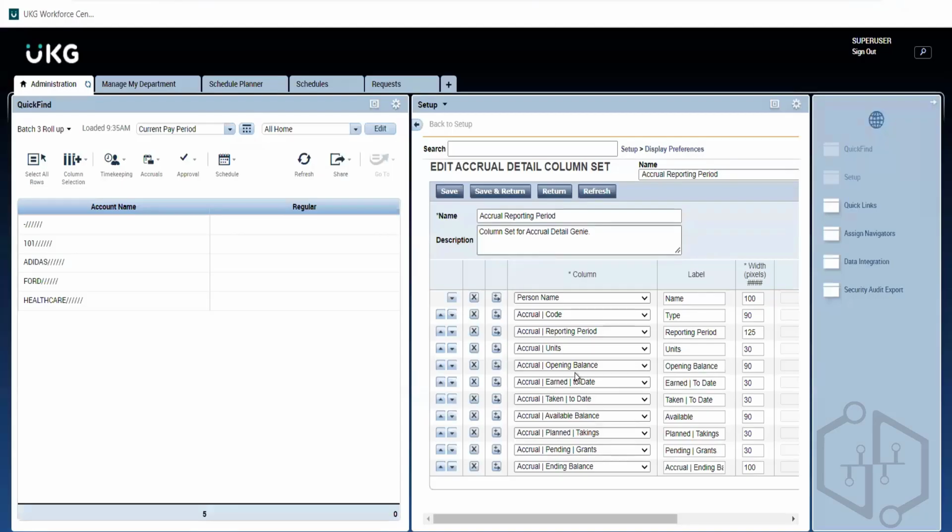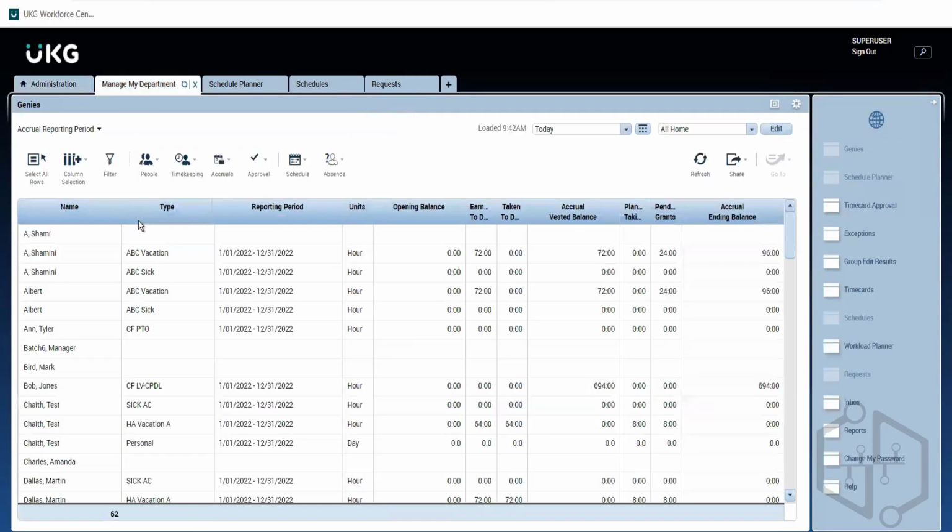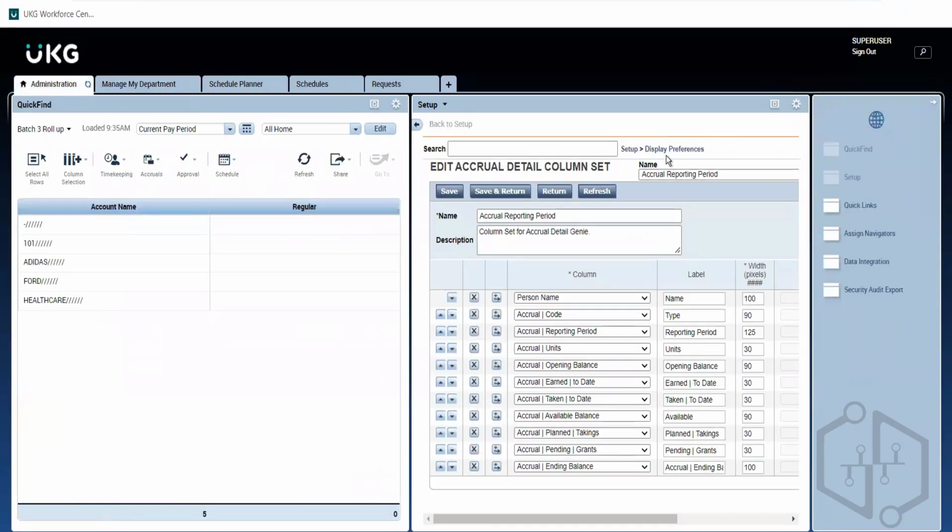So these columns will be identical to what we see here: person name, accrual code, accrual reporting period, accrual units. The same thing will come up here. Person name, what is the accrual code, vacation, reporting period, what units, hours, what is the opening balance. This will come here. That is about the detailed genies and the